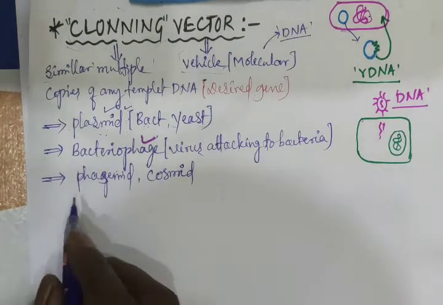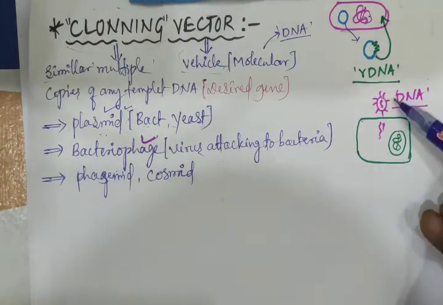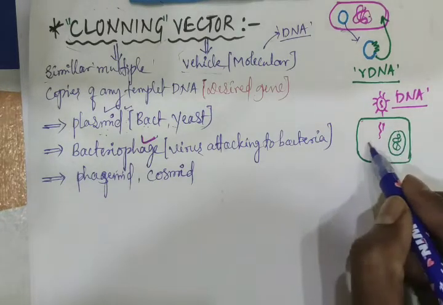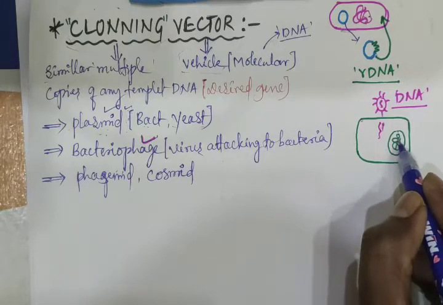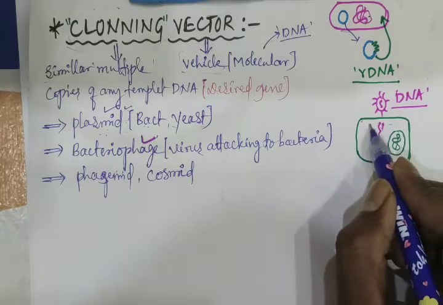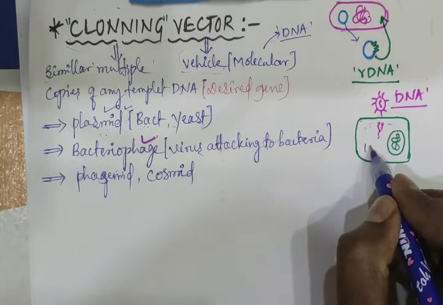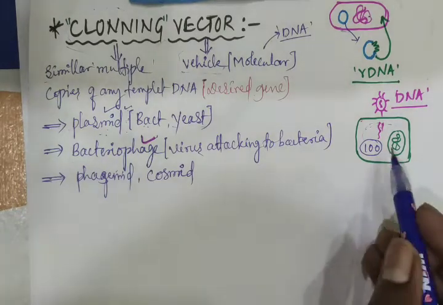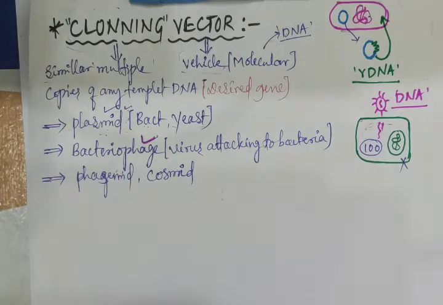Okay, now let us consider the same example here. When a virus enters one cell, then its DNA mixes with the host DNA, and then many copies of the viral particles are produced. So for example, 100 viral particles get produced inside the host cell. After production of 100 copies, this host cell is going to break down.